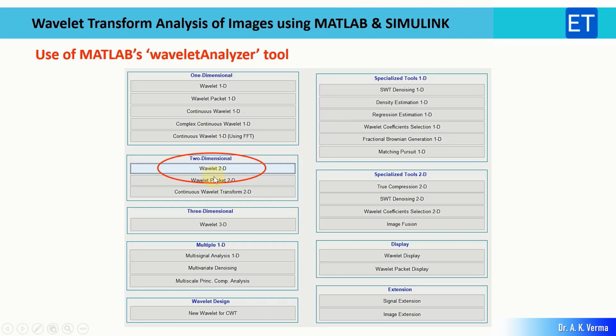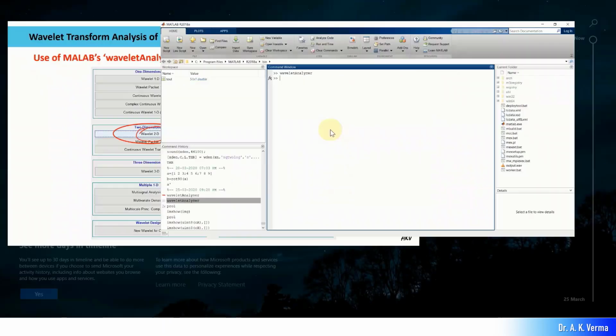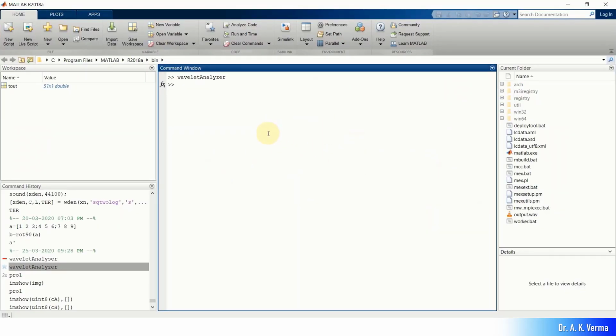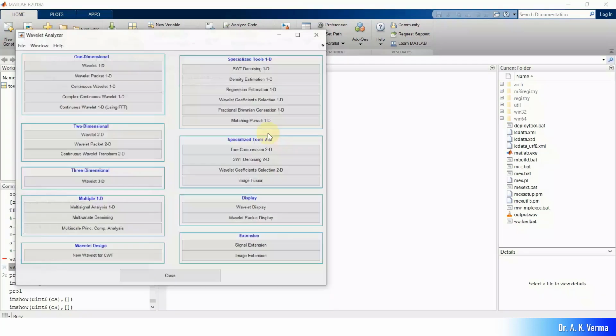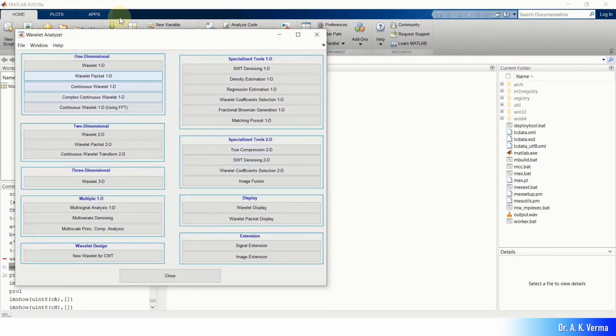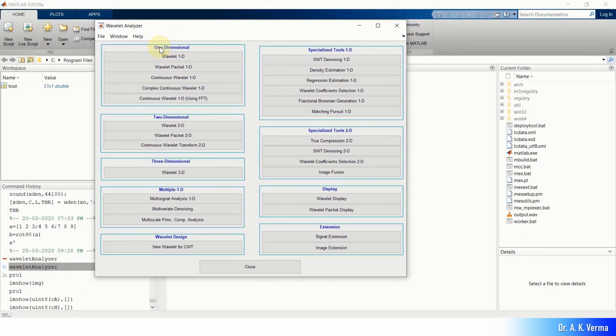So let's jump to MATLAB, where we can do this operation. So this is my MATLAB. Let me type wavemenu at the command prompt and simply press enter, and this window opens. So here you can find this is my Wavelet 2D. Just by opening it,